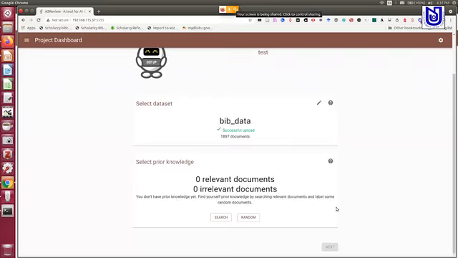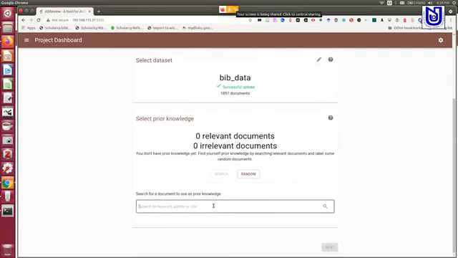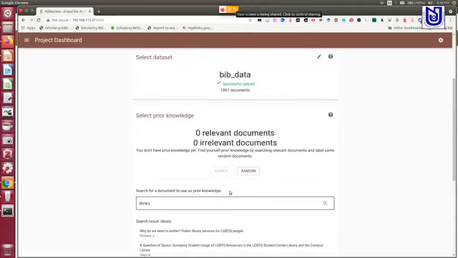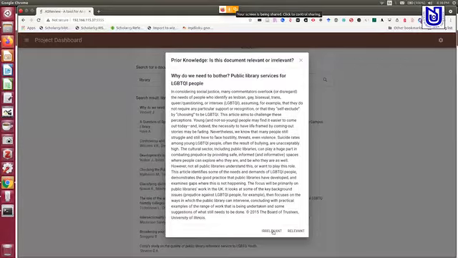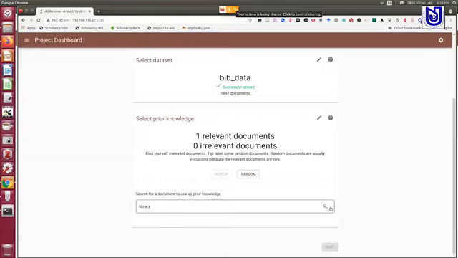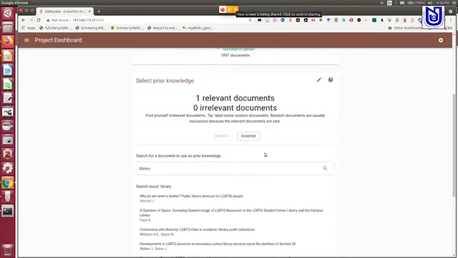and it will ask me to train the model now, on what is relevant for me and what is not relevant to me. Of these 2000 documents, say my focus of data gathering, my important keywords are library and India in the context of LGBT people's information seeking behavior. Now the moment I click search, first I can search by library. I select that, okay, this one is important, so I can click it, read the abstract, and select whether it is relevant or not. Then again I can search, so at least a minimum of 5 is required,